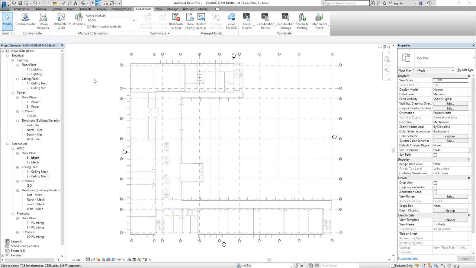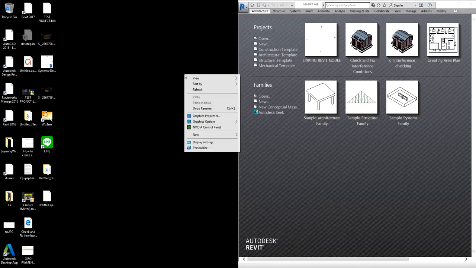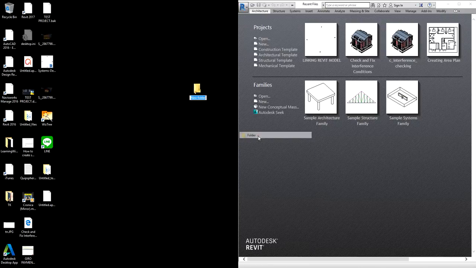So what I'm going to do is simulate how you work on a work shared project. Let us just imagine I'm going to save this project to the server. Although I don't have a server, let's say for example my server is my desktop, so I'll be creating a folder on my desktop.